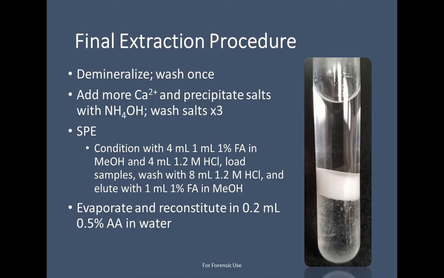But basically what happens is we demineralize the species, we wash it, then we add calcium to precipitate any salts as a way to get out other species that are present, other metabolites or other cations. Then we wash the salt out, and then we do solid phase extraction of this material. In this case, we're conditioning with 4 mL of 1% formic acid in methanol, and then adding HCl, loading the samples and washing it with HCl, and then eluting with 1% formic acid in methanol. And then evaporating and reconstituting in 0.2 mL of 0.5% acetic acid, which is the mobile phase that we